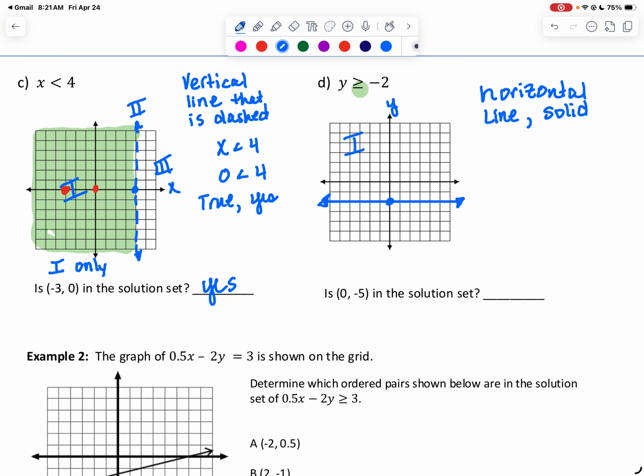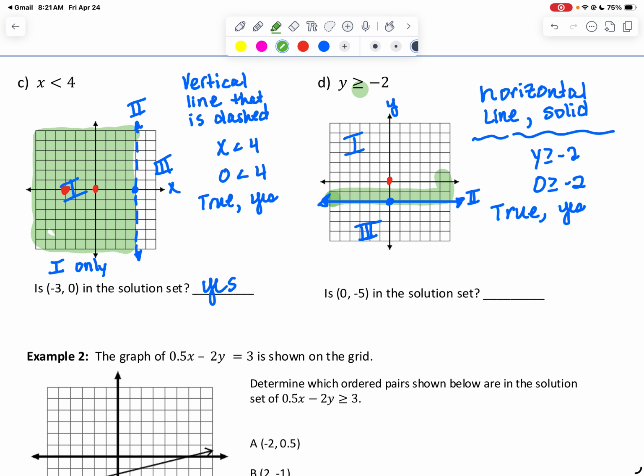I have region 1, region 2, and region 3. So everything above the line, on the line, and below the line. To see where to shade, I will test, again, 0, 0. All right, so I'll put a 0 in for the y and ask myself, is 0 greater than or equal to negative 2? Well, that's true. So yes, 0, 0 is a solution, which means I must shade everything above the line